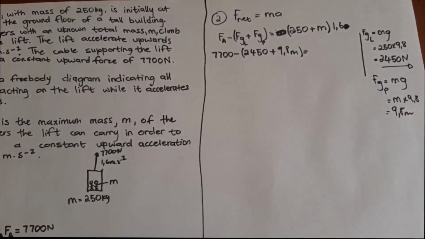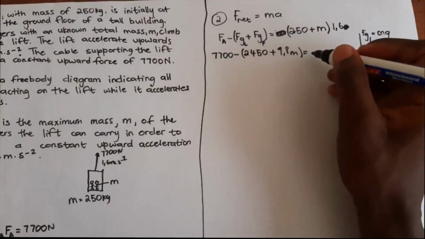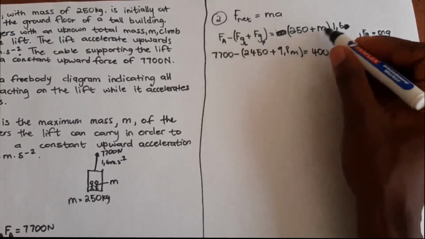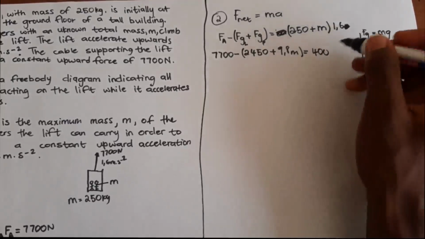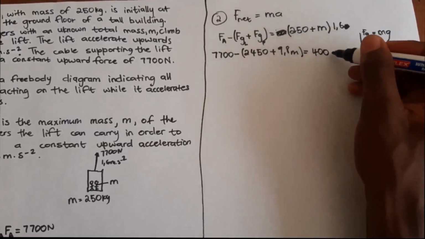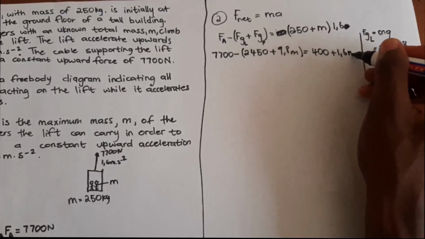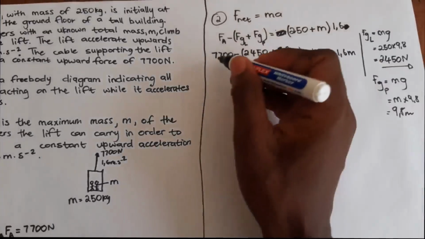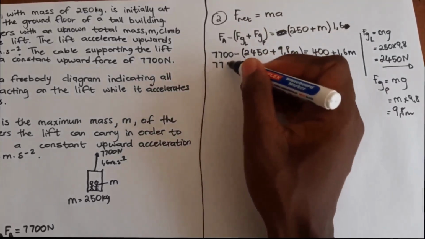250 multiplied by 1.6 would be equal to 400. Okay, that's equal to 400. So m multiplied by 1.6 is 1.6 m, right? Yes, plus 1.6 m. That's how it goes. Okay, so this is 7,700